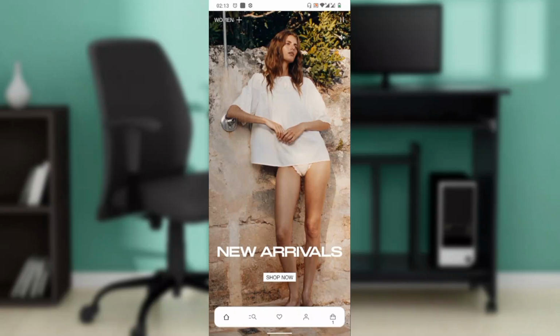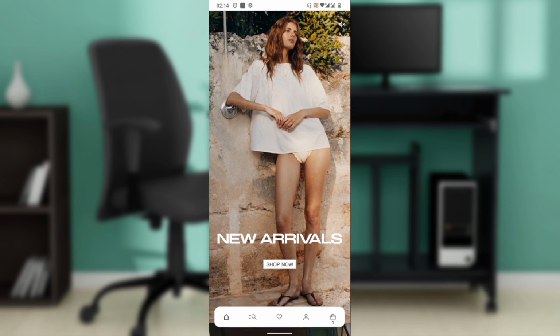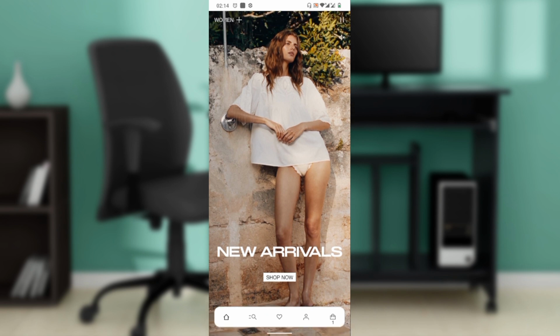Hello, in this tutorial I'll show you how to return an online order on H&M. The first step I'd like you to take is to launch the H&M app on your Android device. Once you do that, go ahead and tap on the account icon that's usually located at the bottom of the